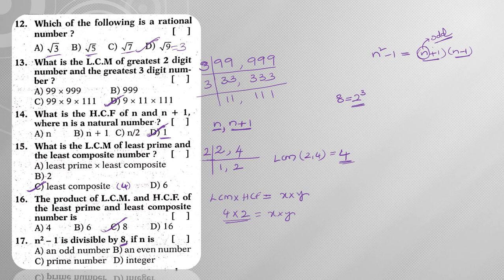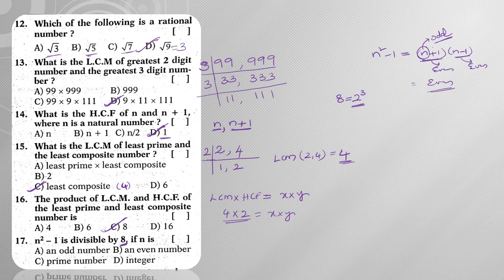Now if this n is odd, then this n plus 1 will be even and this n minus 1 will be even. So if these two are even, even into even will give me an even number. So in an even number, at least you will have a multiple of 2 cube, because when you start with an even number,